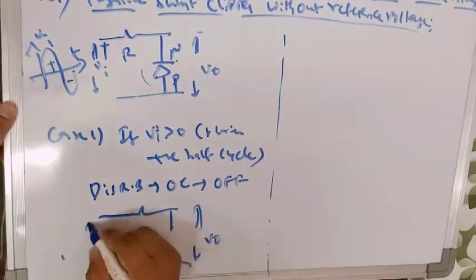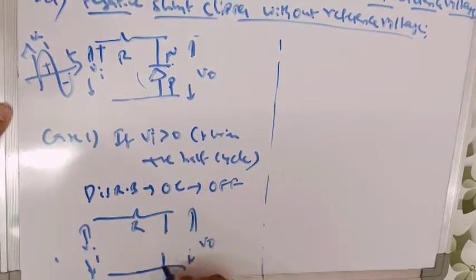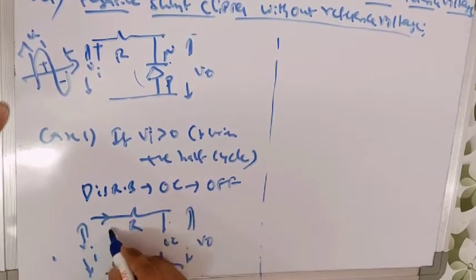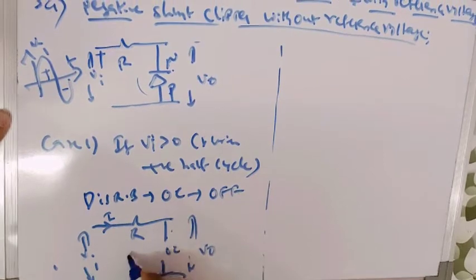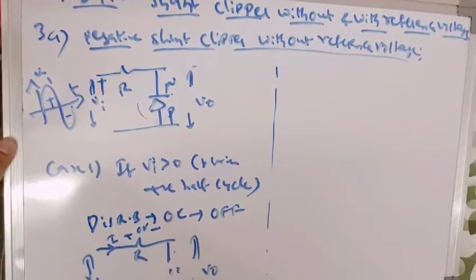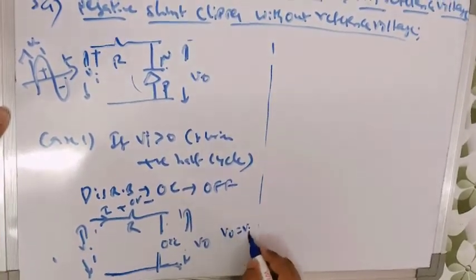The output voltage will be equal to the input voltage. Open circuit means the impedance is maximum, and there is no current flowing through this resistor, so the voltage across this resistor is 0 because this is an open loop. These two are in parallel terminals. Therefore V0 is equal to Vi.